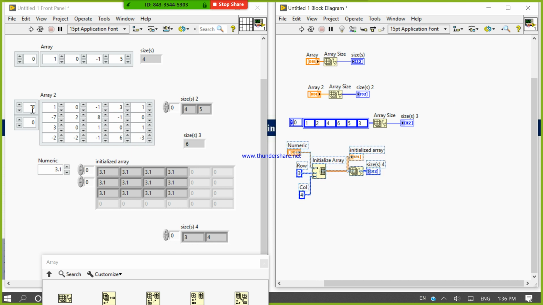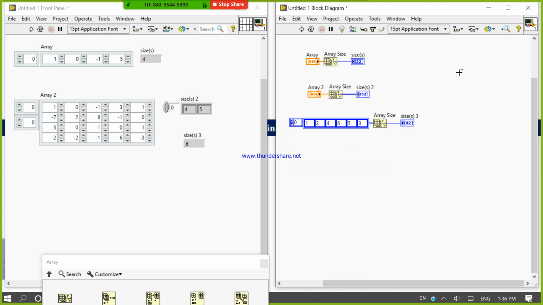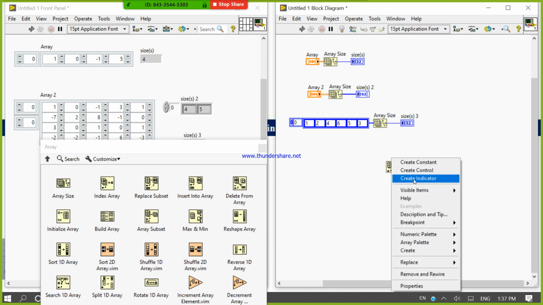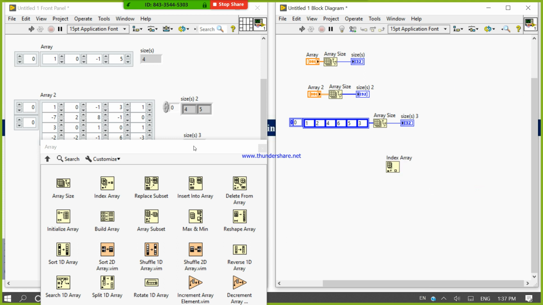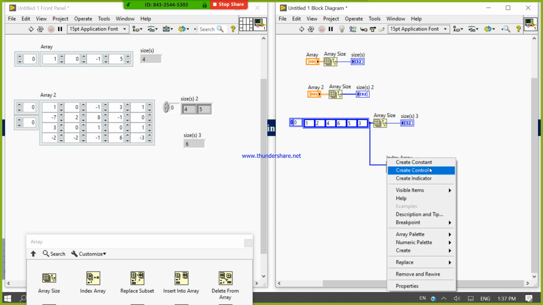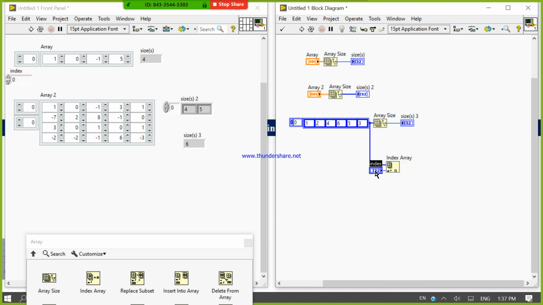Now look here, there is one index array function. Take the index array function and place it here. Create indicators, create control.